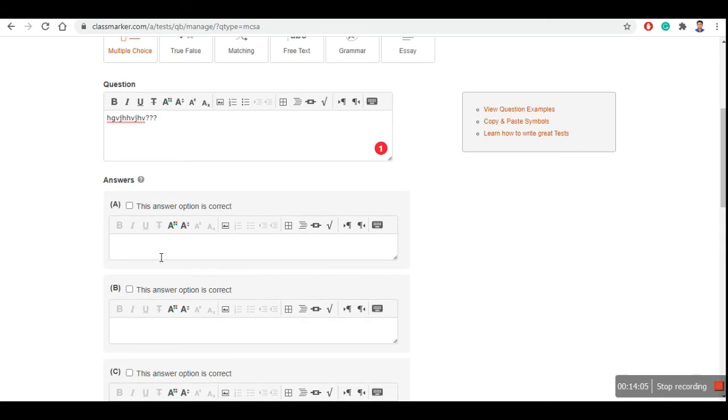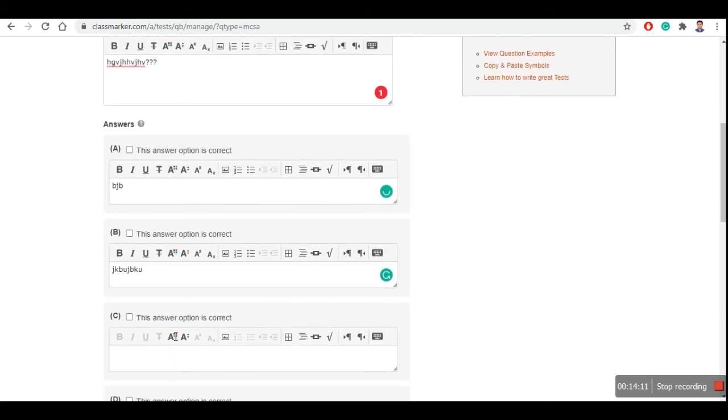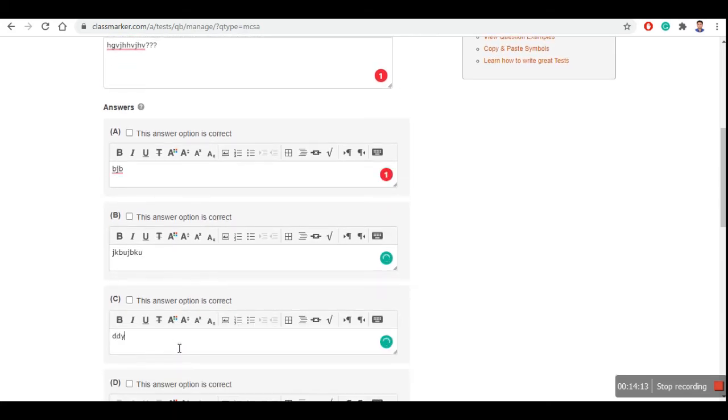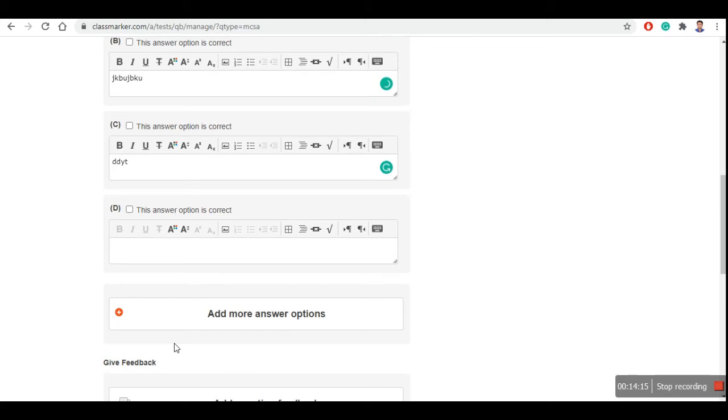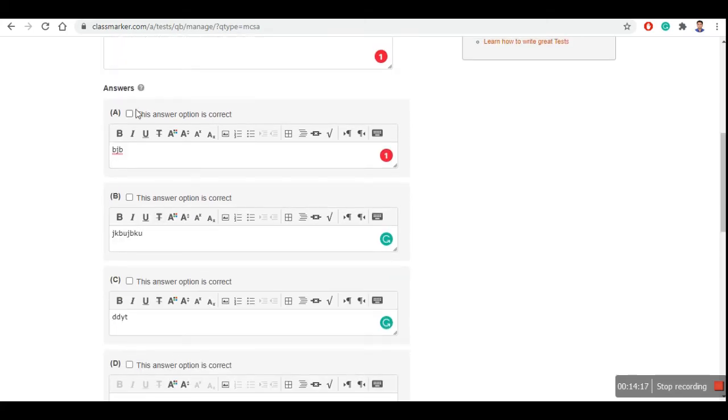So for option A, you can keep something. For option B, you can keep something. Okay, option C also, whatever you want you can keep. Similarly, you can add so many, and if you find that option B is correct, you just click on it. Okay, you just click on it, right? Now if some questions have multiple answers, in that case you can choose many also.